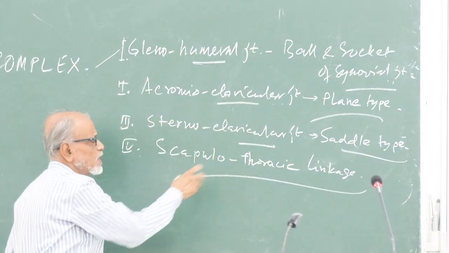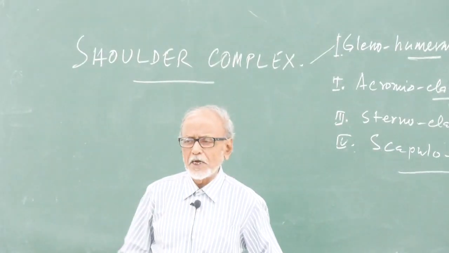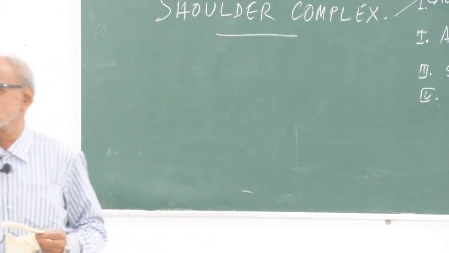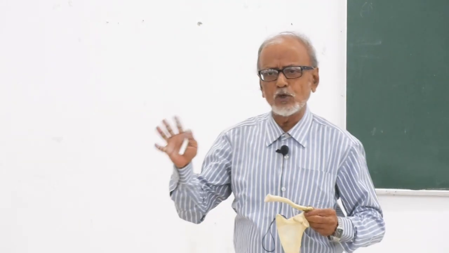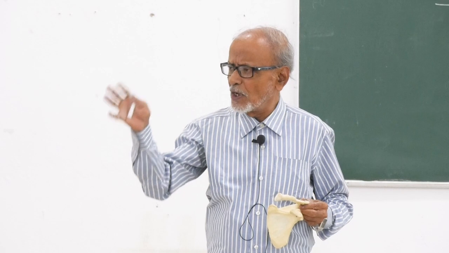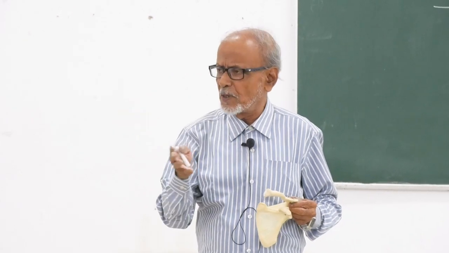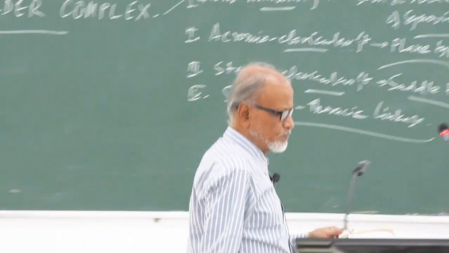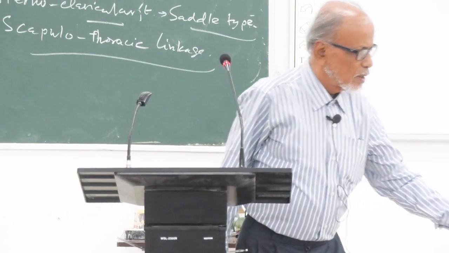There is nothing much to say in detail about the scapulothoracic linkage. It is the serratus anterior muscle which fixes the scapula with the thoracic wall. That much is enough to know. The serratus anterior muscle sits on the upper thoracic wall, anterior, lateral and posterior, wrapping the thoracic wall. There is no complication with that. Now